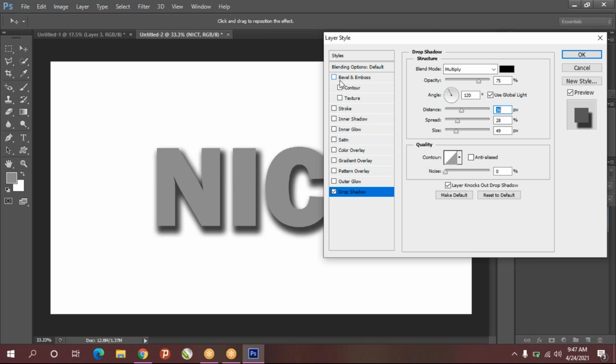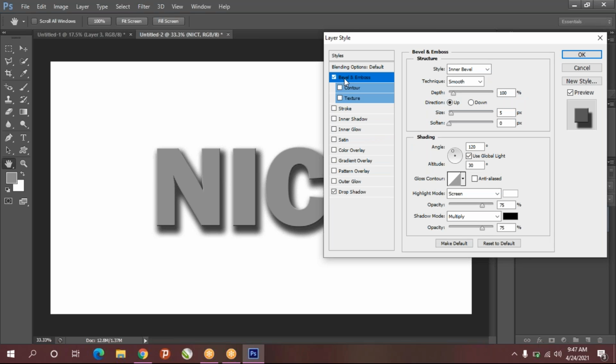Now go to bevel and emboss. Drop shadow is over. Go to bevel and emboss. The option is now bevel and emboss.